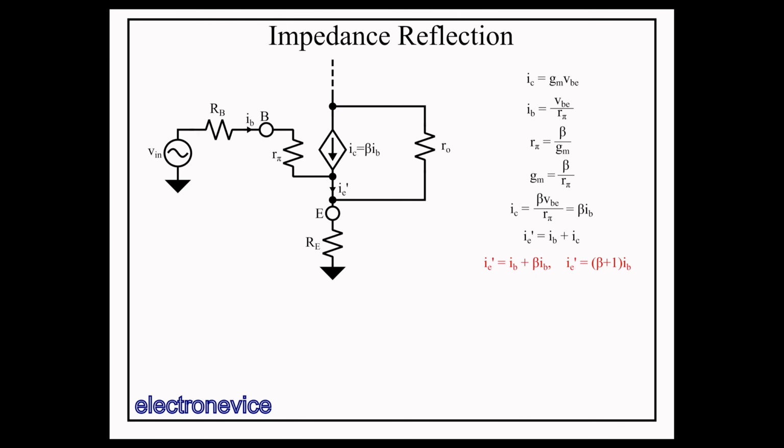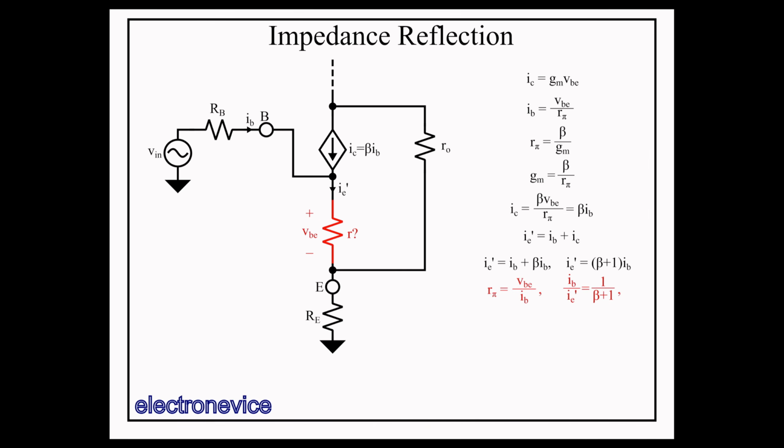Now this is the important point. We have a fixed relationship between IB and IE prime. As a result, we can move our R pi in the schematic so that it is in between RE and the current source so that IE is flowing through it. Note that the same voltage is dropped across this resistance as base is on the top of this resistance and emitter is on the bottom, just like with our R pi. The only difference is that the current through this resistance is different, so we need to adjust the resistance to account for this.